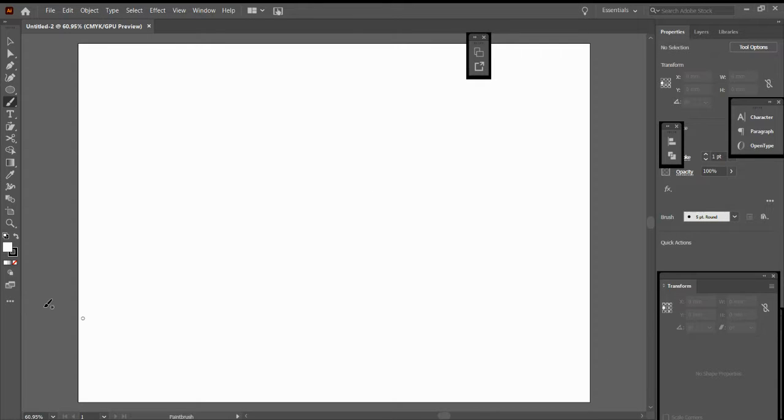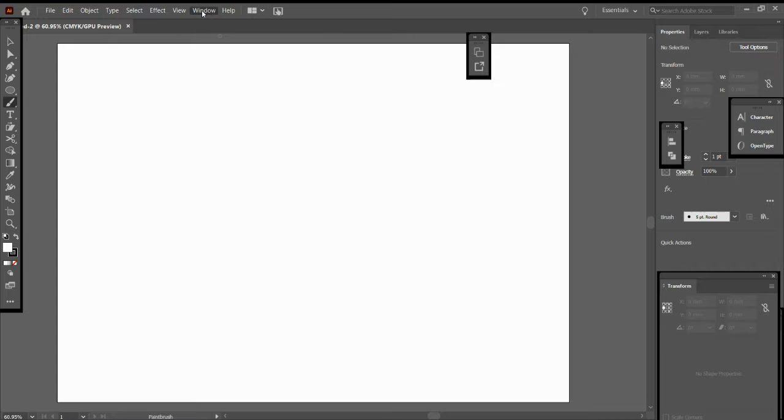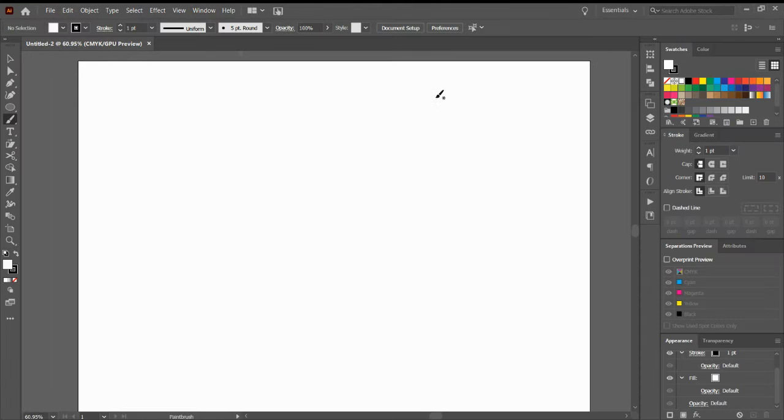Here opens my document in landscape format, as you can see. This is my main menu and this is my main toolbar. If I want to bring it back to its default workspace, I can just select that, and if I want to work in a particular industry or field, I can say printing and proofing, because this is right now in printing mode. So this is my toolbar and I am just going to quickly run through these tools for now.